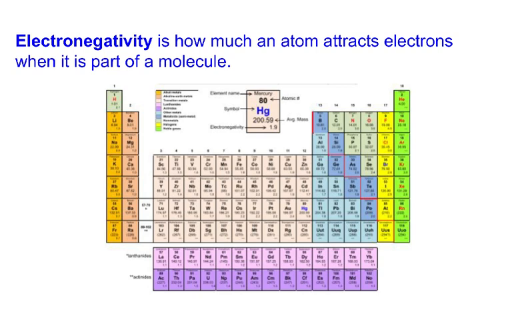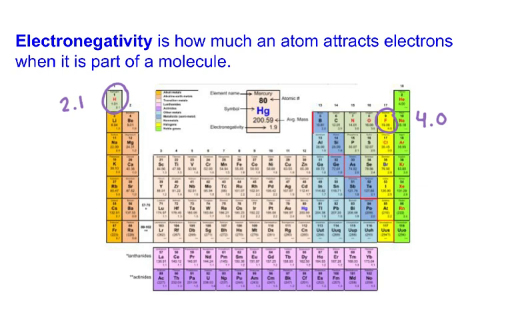To find the polarity of a molecule, we need to know electronegativity values. Electronegativity is how much an atom attracts electrons when part of a molecule. Fluorine has the highest electronegativity value at 4.0, meaning it attracts electrons the best. Hydrogen, on the other hand, only has an electronegativity of 2.1, meaning it does not attract electrons nearly as well